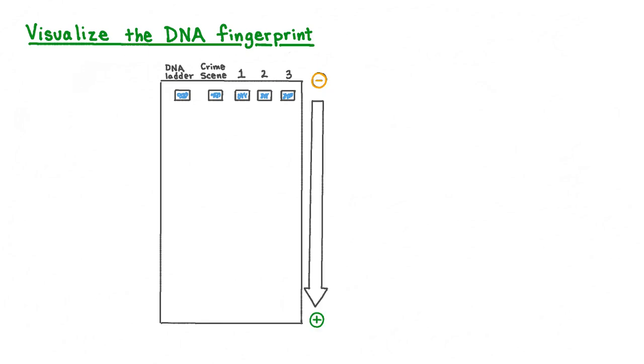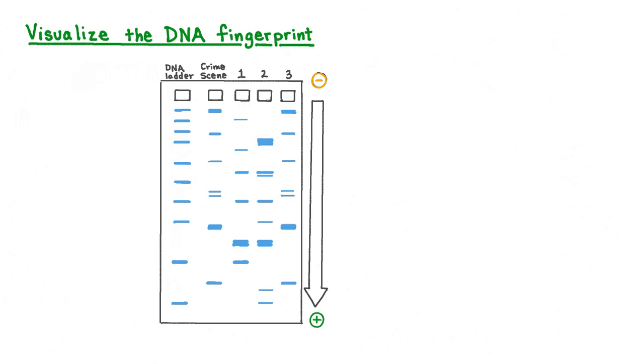Then an electric current is passed through the gel. Because DNA fragments are electrically charged, they will move through the gel toward the positively charged end. However, due to the differences in sizes of the DNA fragments, they will travel at different speeds inside the gel. Smaller fragments will move more easily through the gel fibers and therefore more quickly, while larger fragments will have more difficulty moving between the gel fibers and therefore will move more slowly through the gel. After some time has passed, and at least some of the DNA fragments have been able to move all the way to the end of the gel, we can stop the current.